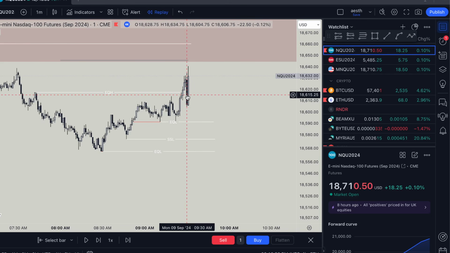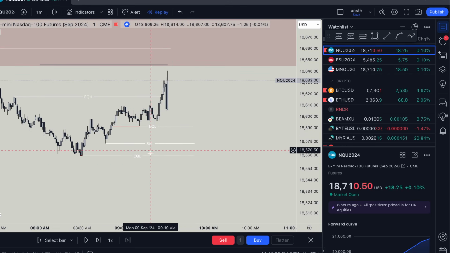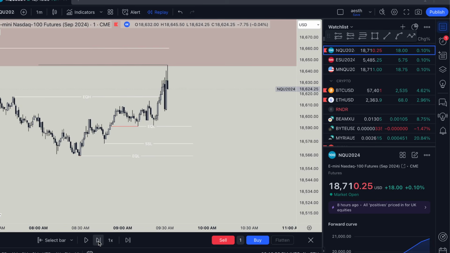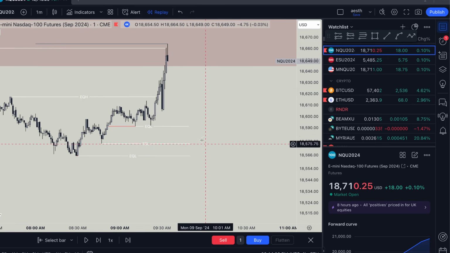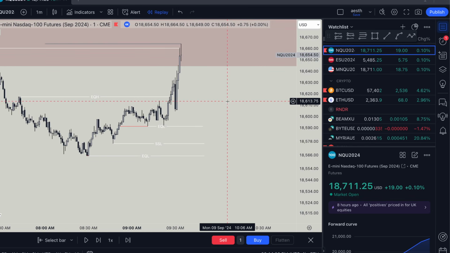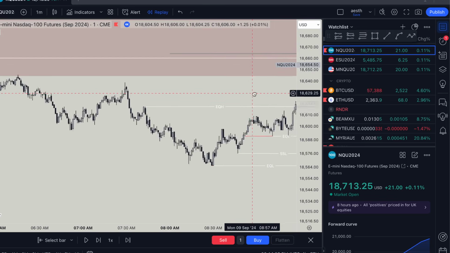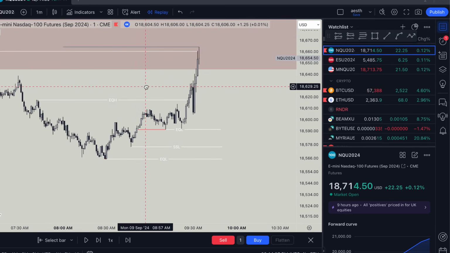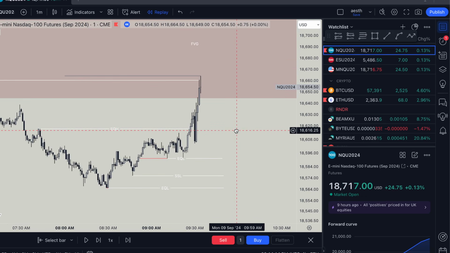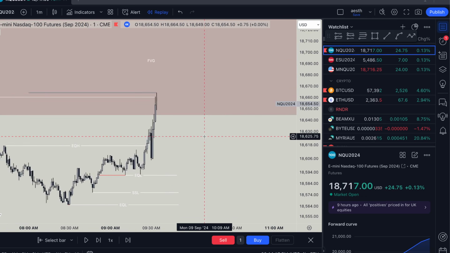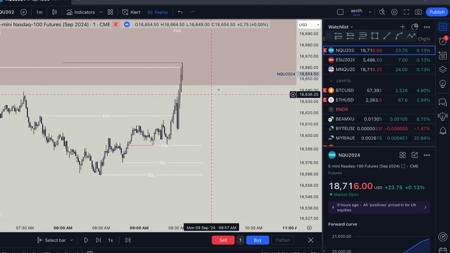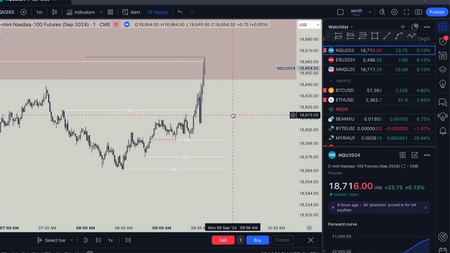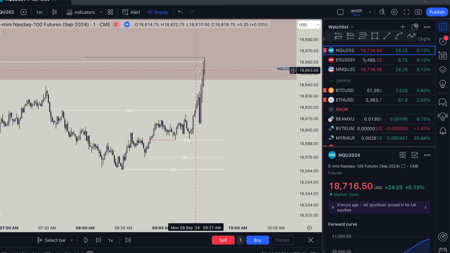9:30 rolls around, has like this little fake out move lower, failure swing, doesn't take out the equal lows, runs higher. What happens? We hit this 15-minute. Okay, cool. Now after hitting this 15-minute, we have nothing more to really worry about in terms of bullish price action that can be going against us. We left all this liquidity, and we're now starting to anticipate some sort of sell-off at any given time. But when do we know is the right time to take it? Well, we'll get to that.